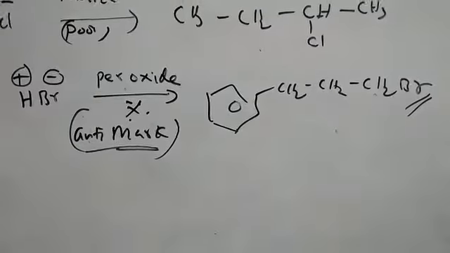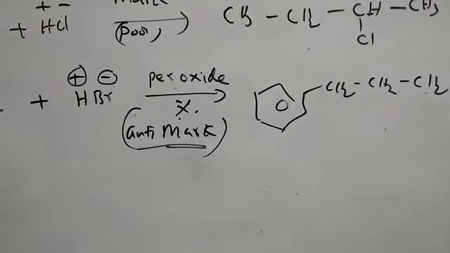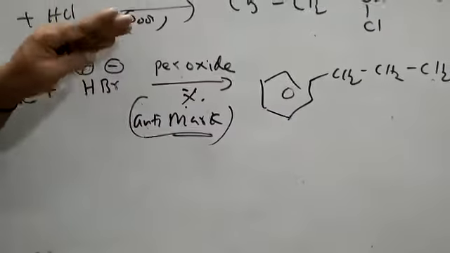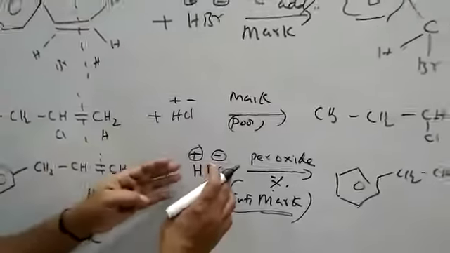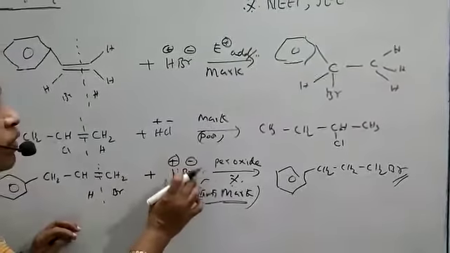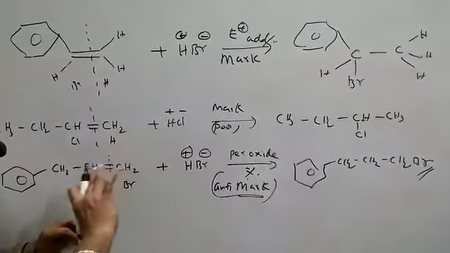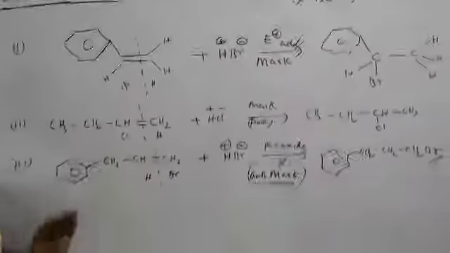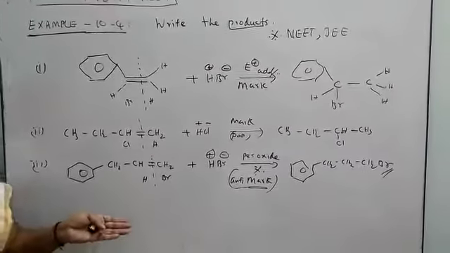With that, I am completing this topic, which is very important regarding entrance questions. Important point: peroxide means anti-Markovnikov, no peroxide means Markovnikov. Anti-Markovnikov applies exclusively to HBr only; for others anti-Markovnikov does not come at all. It follows the electrophilic addition reaction. With that, I am stopping today's video. Children, prepare well. Thank you, children.